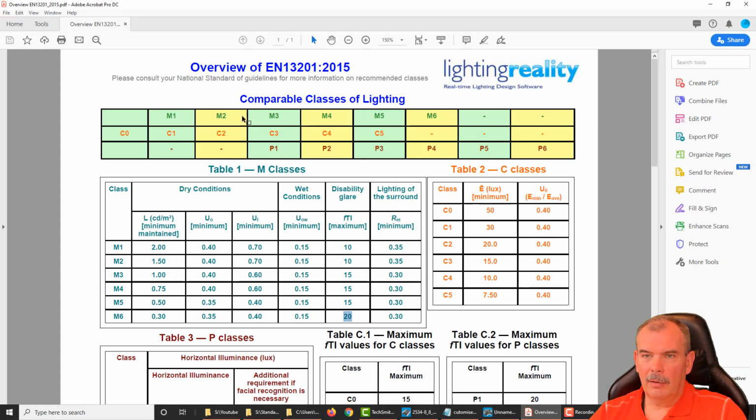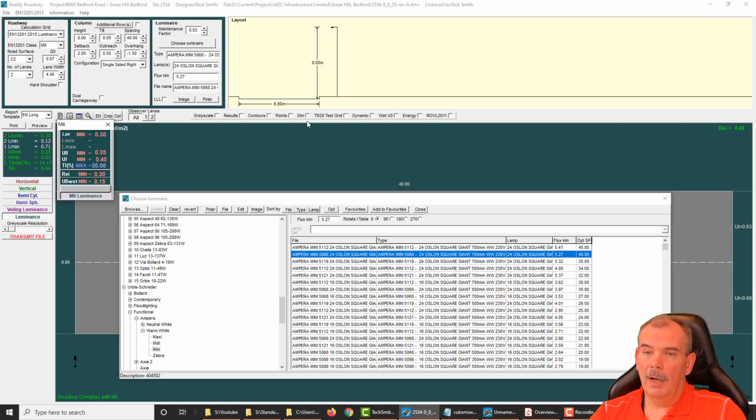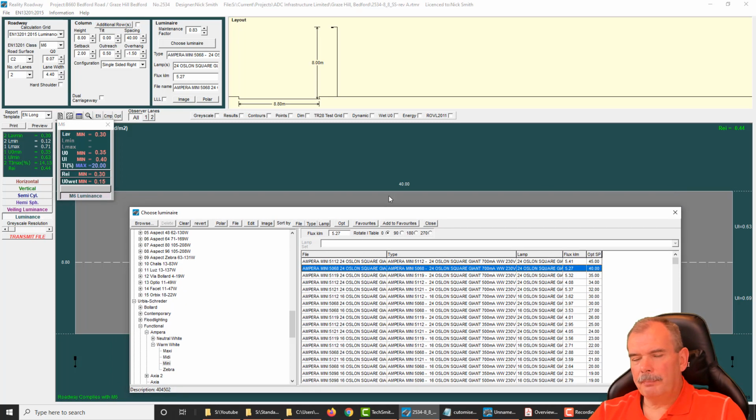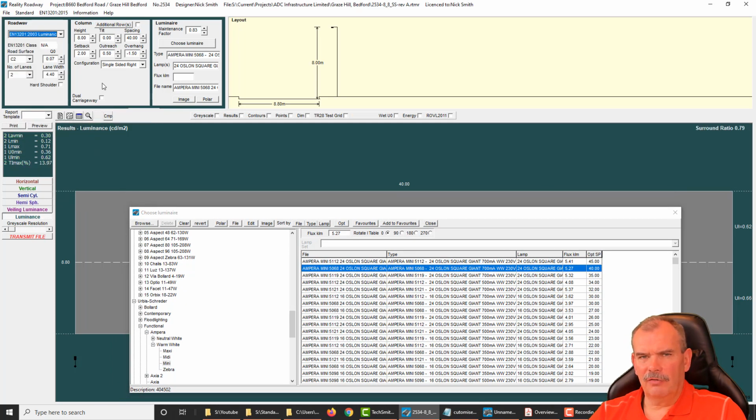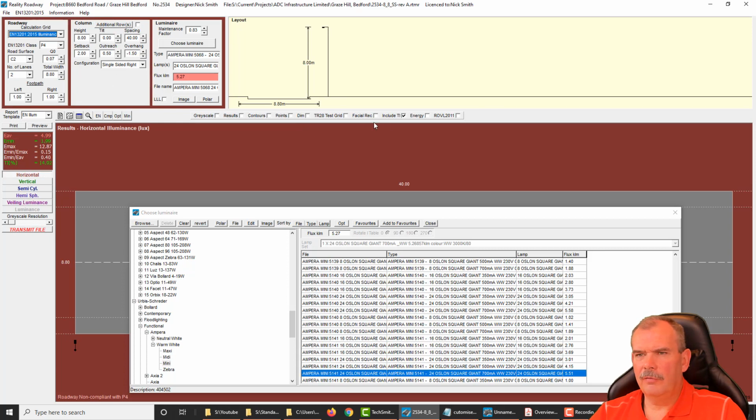We have a little crib sheet here, which shows us for an M6 that the TI needs to be 20 or less, and in this case we've got a TI of 14.15, so everything is green and that's all happy. When we do illuminance calculations, we have an alternative way of doing that, and that is we can tick